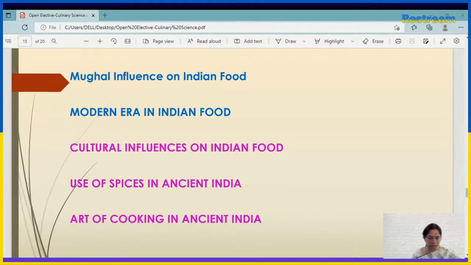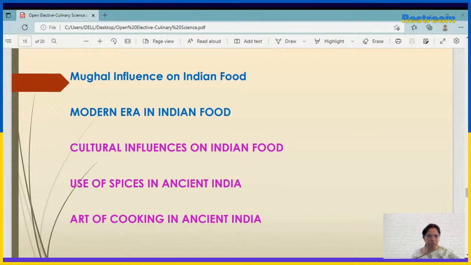The modern era is today, and it emerged between 1800 and 1947. Here they had Indian food, English food, then foods from different chefs of Pakistan, the Middle East, etc. All these things were there, and from them they were able to prepare their own foodstuffs. So food included an assortment of different cooking styles influenced by various traditions and cultures.